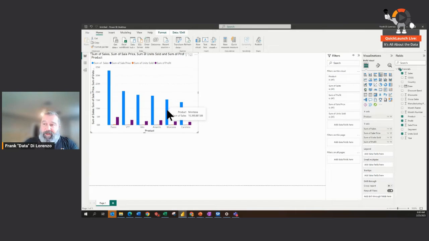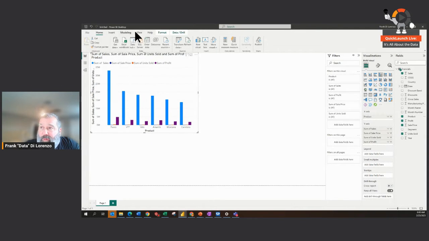We've touched on all these in prior sessions. Of course, like I said, I'm happy to talk more if you want to understand what is a tool tip, what is a slicer, how can I drill down. But at the very basic, with the data easily transformed, I can go ahead and build a masterpiece or whatever report I want. And then a couple of the other things here while I'm doing this is, if I wanted to,